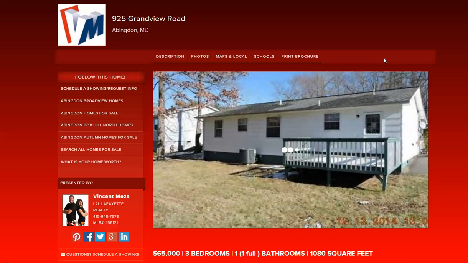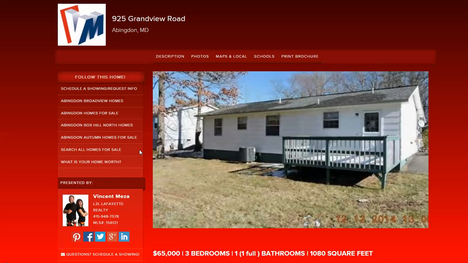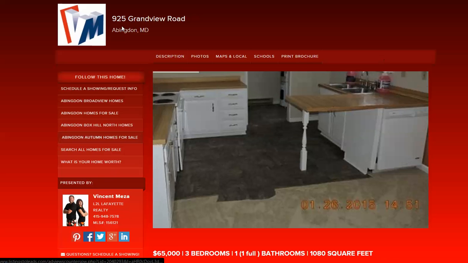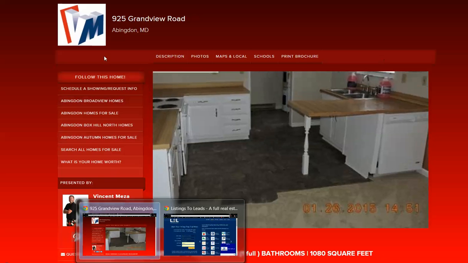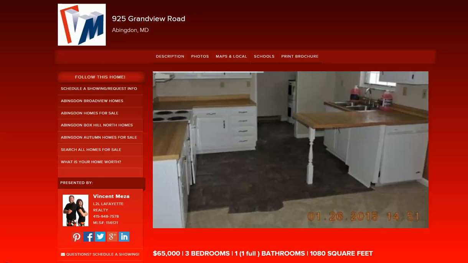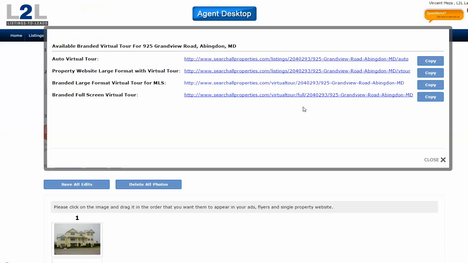So we want these lead generation links out in front of the market, right? And how do we do that? In the email, I tell you, put it in KWLS, okay? All you have to do is copy here, log into KWLS, click on the MLS number for your property, and you'll see a couple of tabs. One of them says virtual tour. Paste in the virtual tour and save it, and they will push our virtual tour with all those hyperlinks